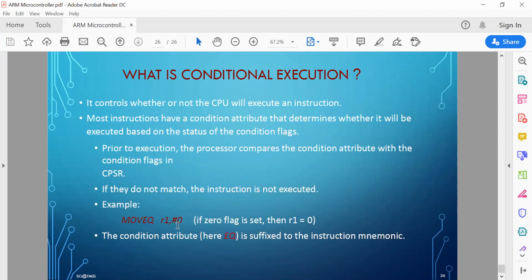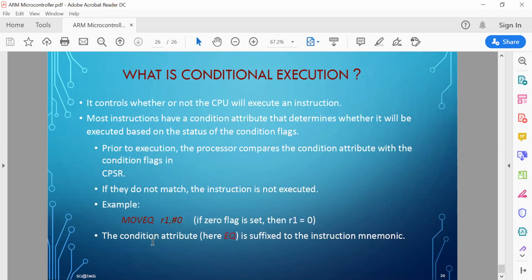Okay, like you have seen in the 8051 microcontroller. Now if I give this MOVEQ, this means I am checking the zero flag, equal to or not, so the zero flag in the CPSR. If the zero flag is set, then only you do the move, otherwise you do not do the move. So this instruction will be executed depending on a certain condition.